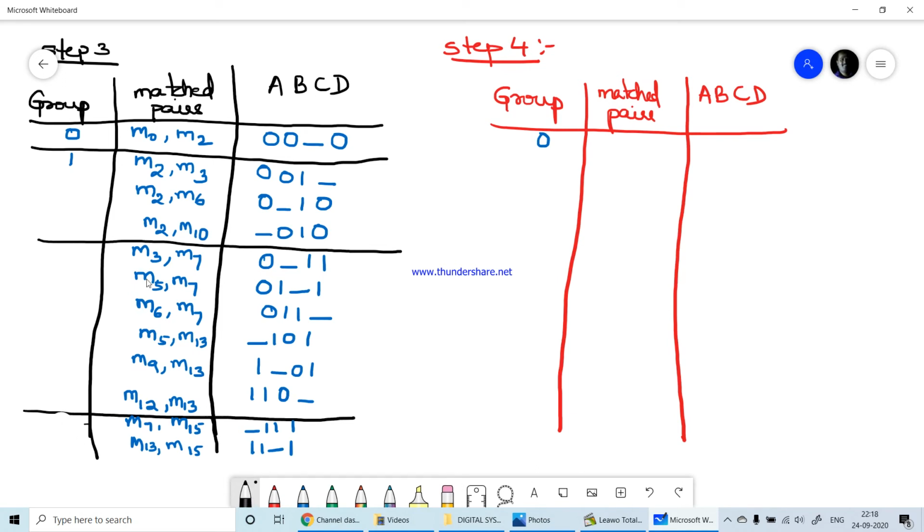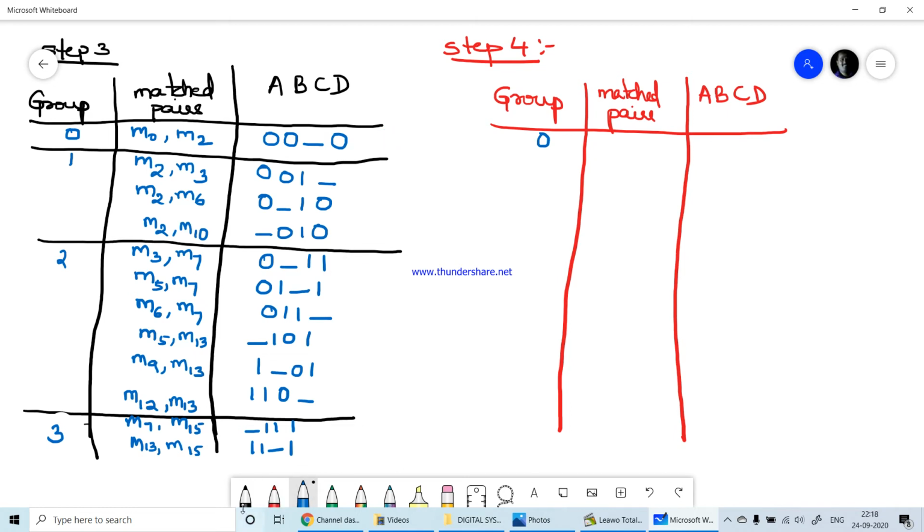So this is actually group 2 and this is group 3. Okay, now 0 group compared with first group, M0 M2 is nowhere matched with these 3 terms because all has M2 M2 M2, therefore repeated. M2 is again repeating in this minterm, therefore definitely this 3 minterm matched pairs will not match with this matched pair. Okay, therefore this is the first prime implicant, what you can see. First essential prime implicant. Okay, I'll just write it in a different color.